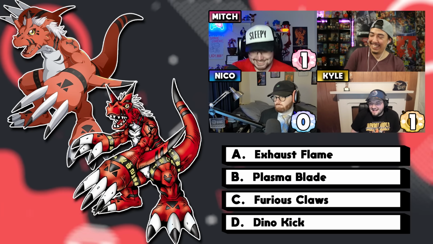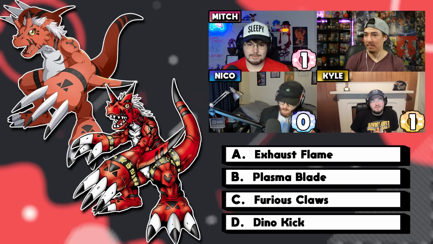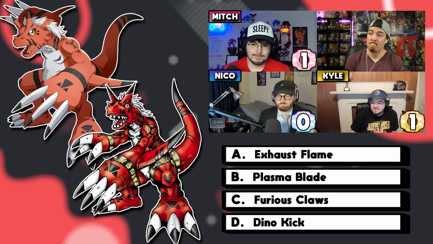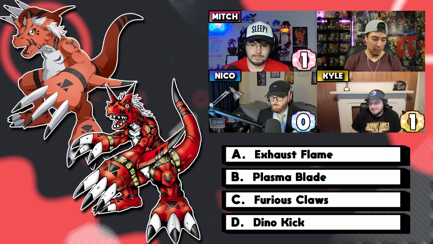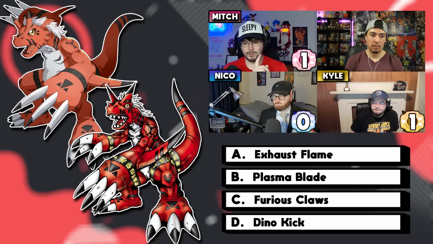I'm still kind of torn on Dino Kick, though, because Mitch was like, I really like that one, but Mitch also knows this one. So did he go, I like it because you made it up? Or did he say, I like it because he just likes it? So I thought about that for quite a while. And instead, I'm just going to go with Furious Claws, because that just seems generic. Okay. Well, Mitch knows the name of the Digimon. He doesn't necessarily know the attacks at all. Exactly. Yes. Because I like it so much, I'm going with Dino Kick, but I know for certain that